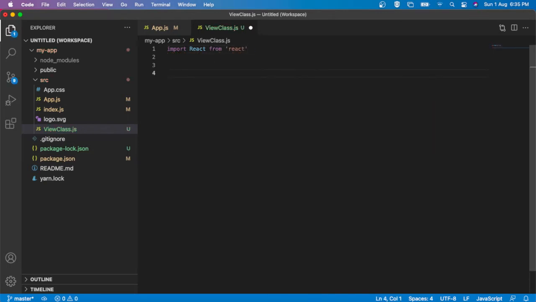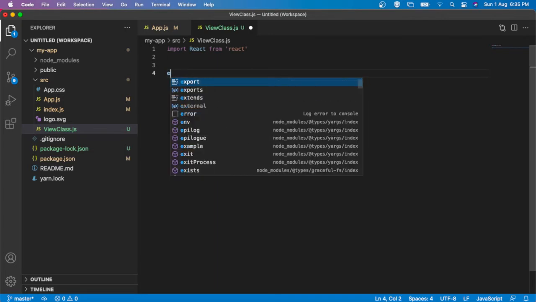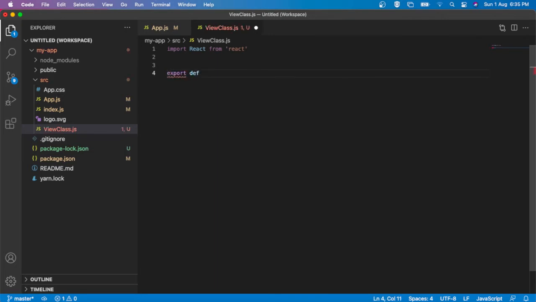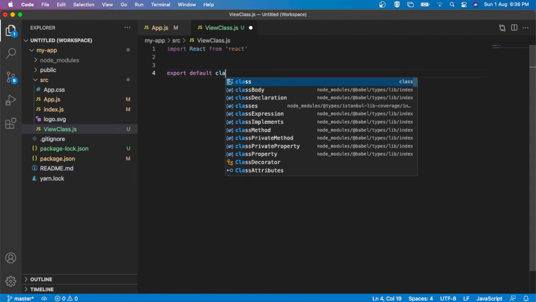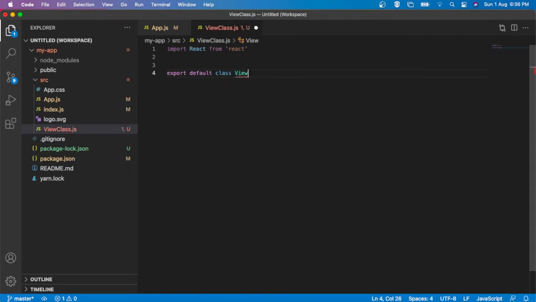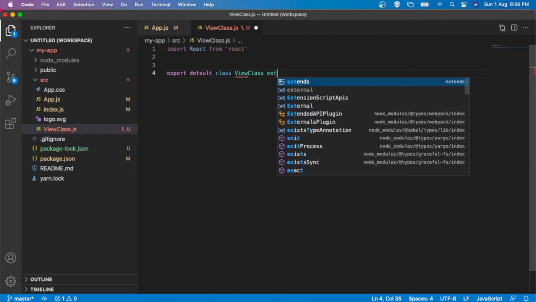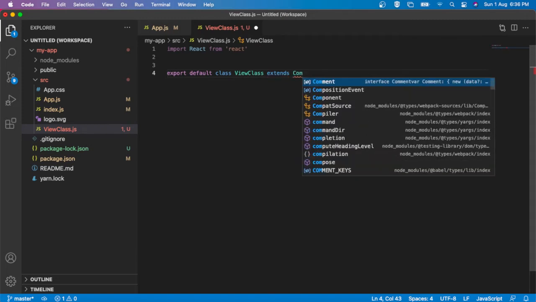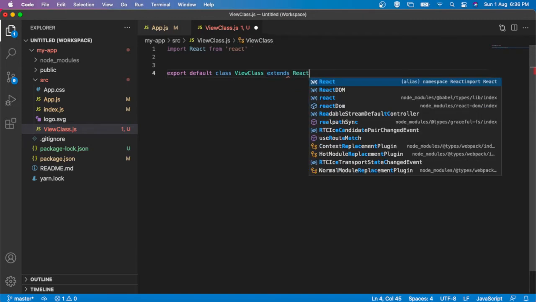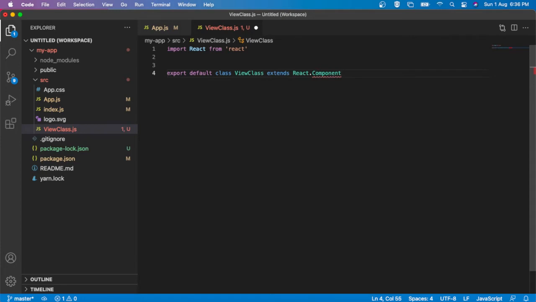I have to export default class ViewClass extends React.Component. Then there is a render method, which returns a button for now.